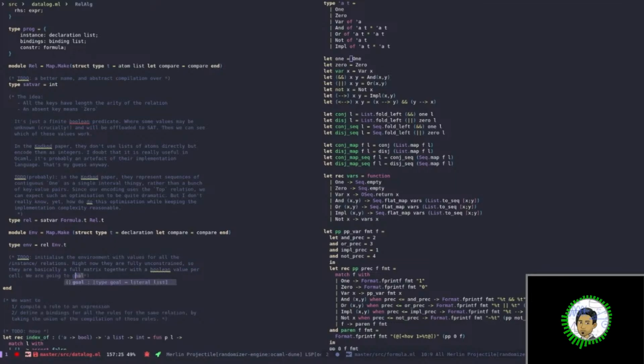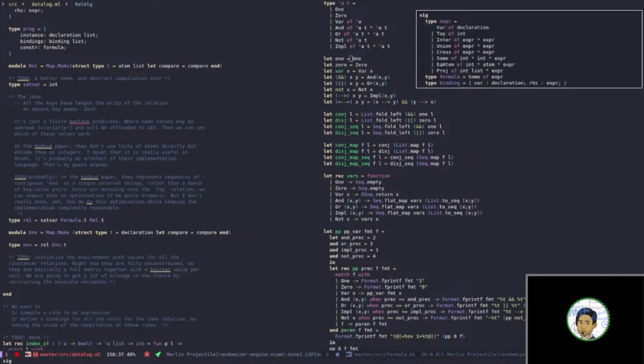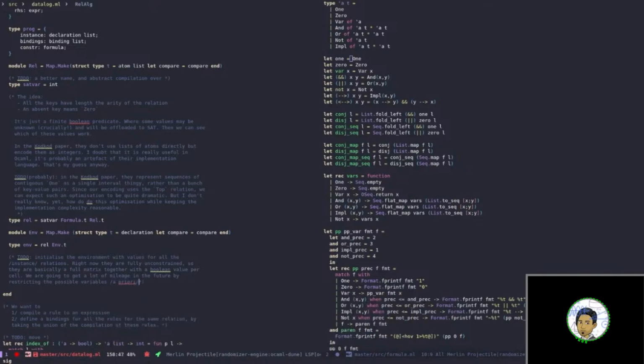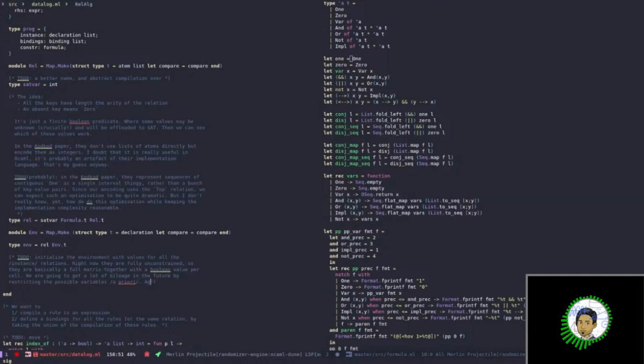We are going to get a lot of mileage in the future by restricting the possible variables a priori. Okay. What I mean by a priori is that when we build the relations, some constraints are known. Some values are known to be false. There is at least this or at most that. A good way to obtain